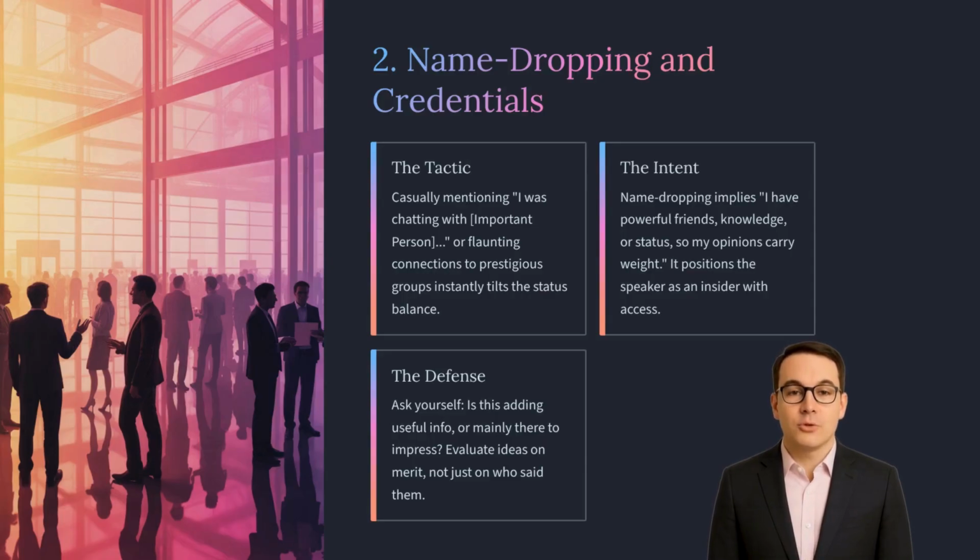Second, name dropping and credentials. Casually mentioning, "I was chatting with important person the other day," or flaunting a connection to a prestigious group can instantly tilt the status balance. Name dropping is a strategy to imply, I have powerful friends, knowledge, or status, so my opinions carry weight. It's not just about bragging, it's meant to subtly make others in the conversation view the name dropper as more